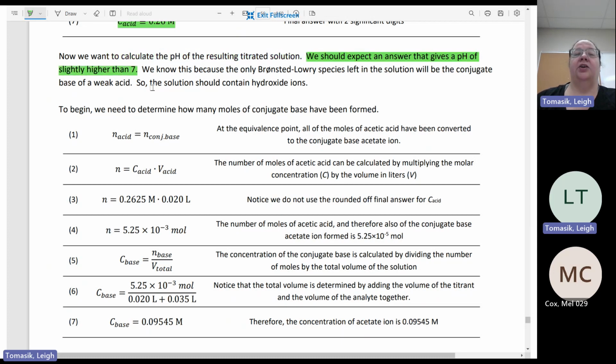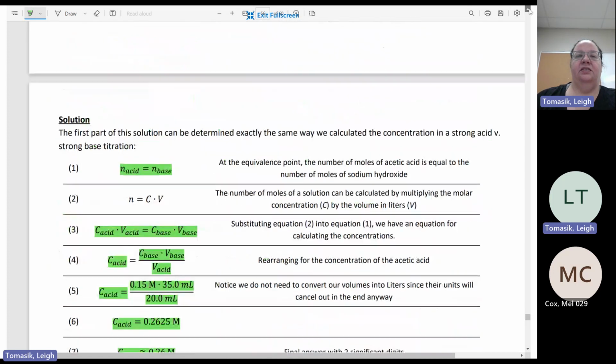Right? Because our base is strong and our acid is weak. We know this because the only Bronsted-Lowry species left in the solution will be the conjugate base of the weak acid. So the solution should contain hydroxide ions. Okay, so if you have the conjugate base,